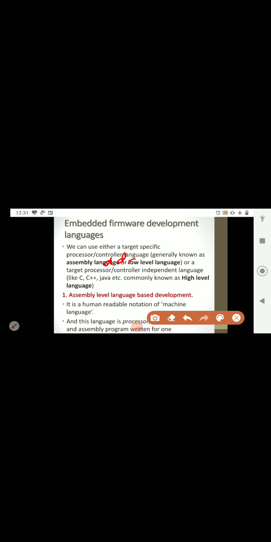Consider I am going to write an add.s program for your LPC 2148. That is your ARM7 based target processor, right? So we are writing a program that is an add function, that is the add.s file for this target processor LPC 2148. There is one more microcontroller available, that is 8051. If you are writing this add.s file for this target processor, then this code will not work for 8051.